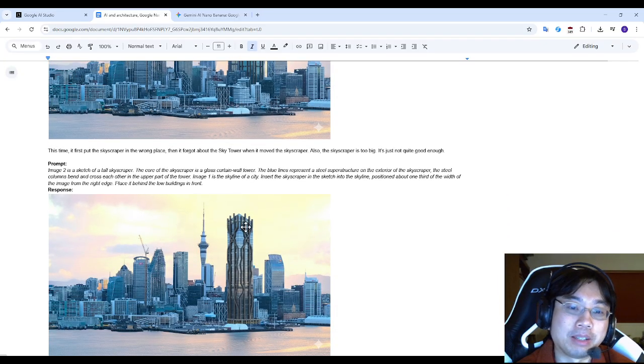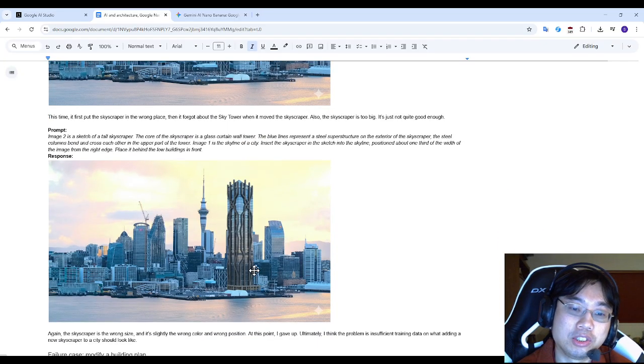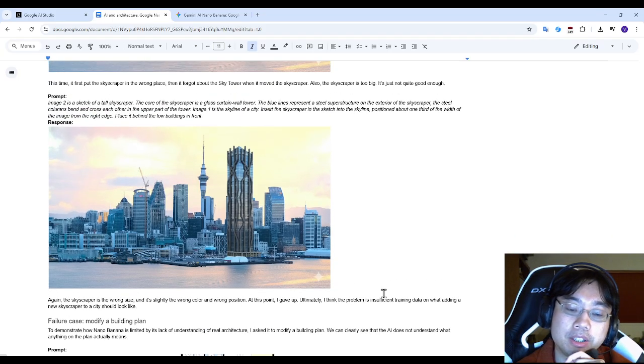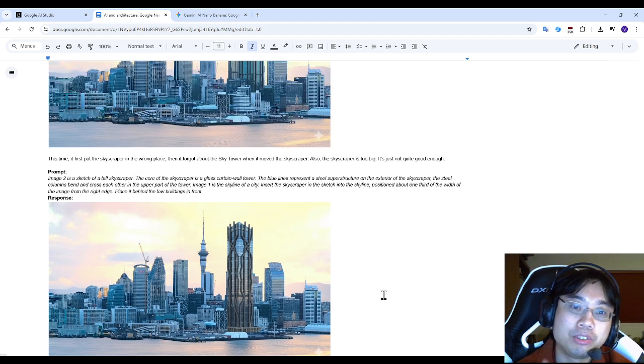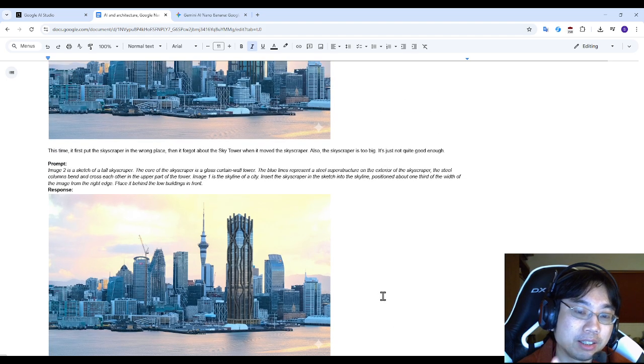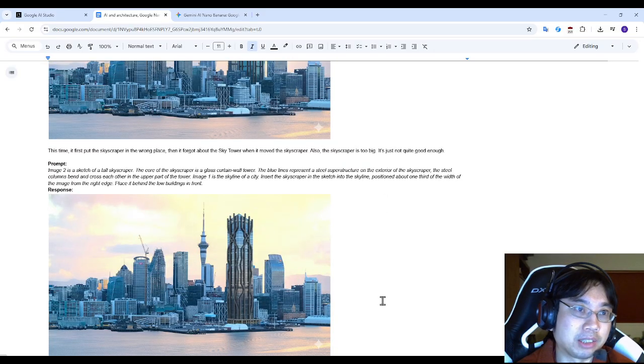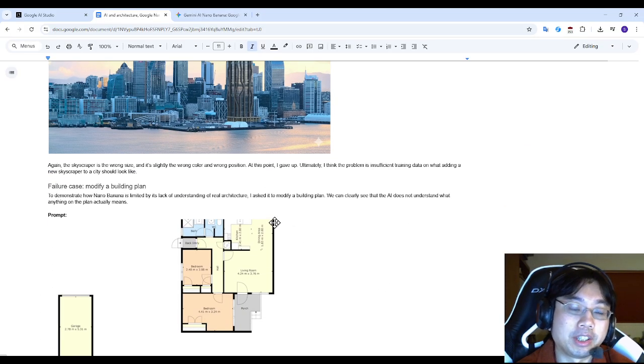Yeah, so I tried a whole lot of different things. None of this looks good. It just doesn't do it. So we're finding interesting limitations of the AI. Even though this is technically an image editing exercise, like add an extra skyscraper into the skyline, it just can't do it properly. So you've got to keep in mind things like this. AI is not perfect, and things that are uncommon, it will not know how to do. Okay, moving on. Another failure case,